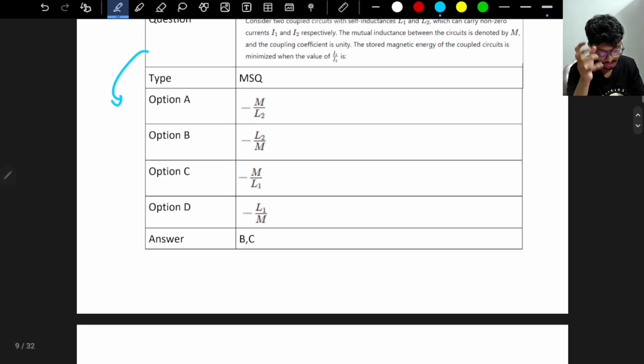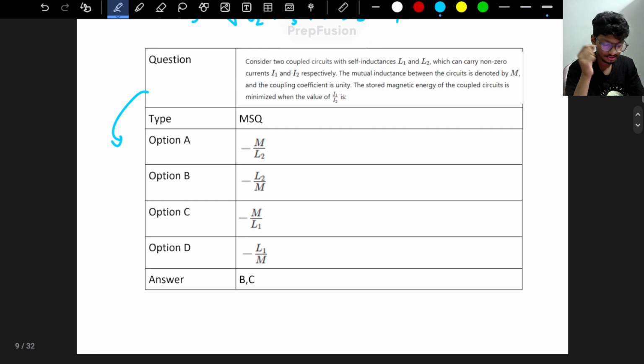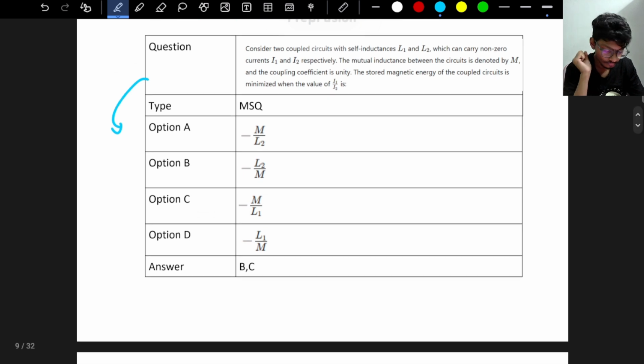So this one: two coupled circuits are given with L1 and L2, their mutual inductance is M, and the coefficient of coupling is 1. They are asking what will be the value of I1 by I2 if the energy stored is minimized between the circuits. So if you know the energy stored between coupled circuits,